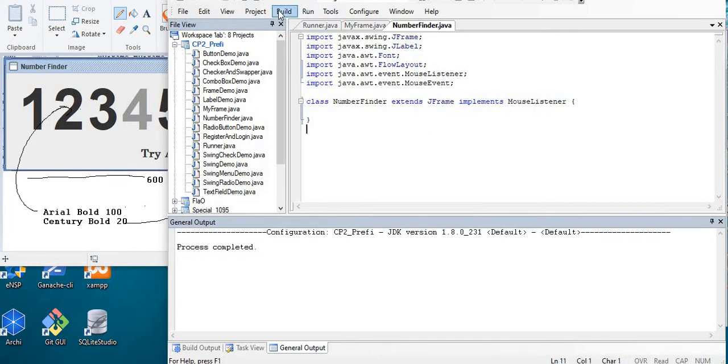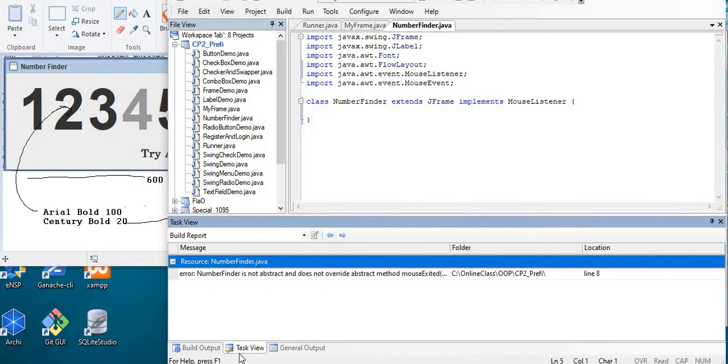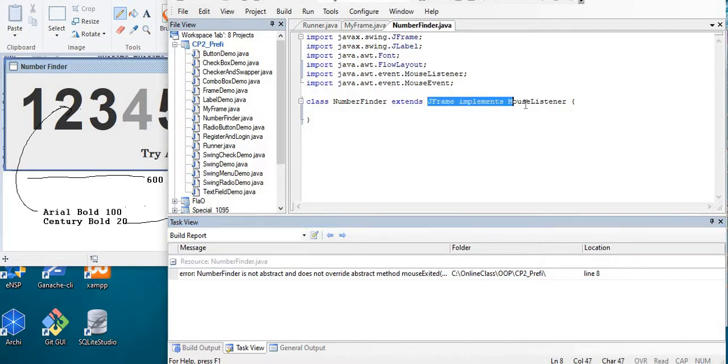Now let's try to build this and see. We'll be getting an error message: NumberFinder is not abstract and does not override abstract method mouseExited. As part of the contract of implementing MouseListener, we need to implement all the abstract methods defined in the MouseListener. So instead of extending JFrame,